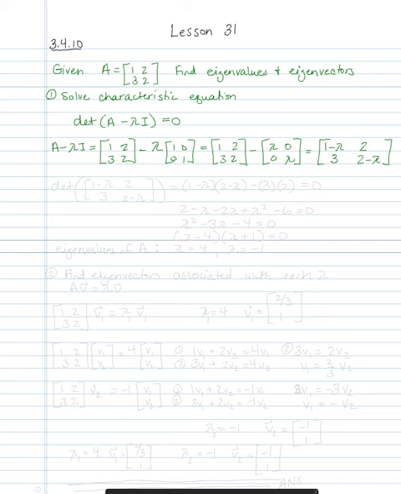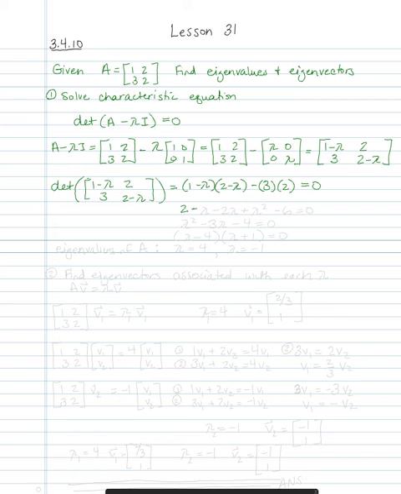Now we take the determinant of this matrix, [1 minus lambda, 2; 3, 2 minus lambda], which gives us (1 minus lambda) times (2 minus lambda) minus 3 times 2, and we're going to set that equal to 0. Then we're going to distribute and solve for lambda using the roots of the equation. When we distribute it out and factor, we get